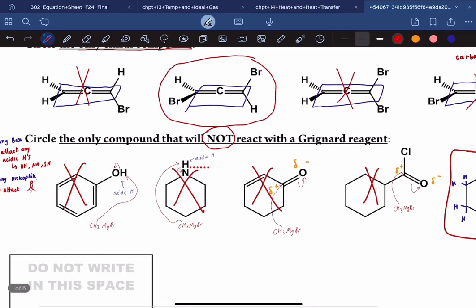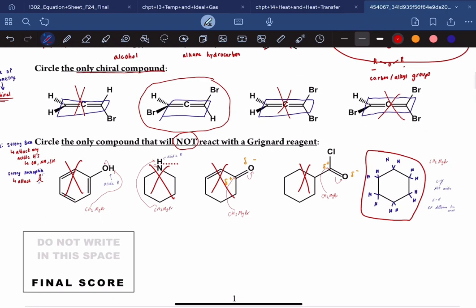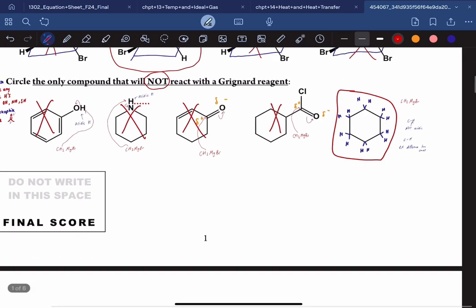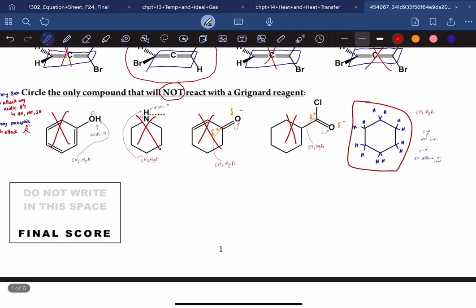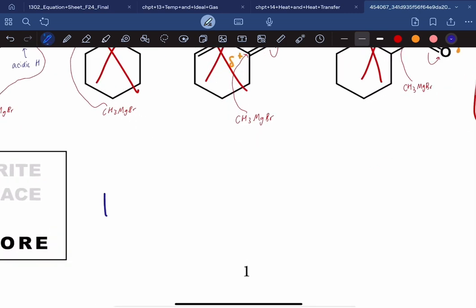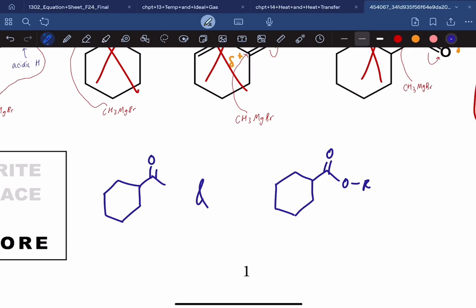But another way I can see him asking this question is, circle the compound that will react with the Grignard twice. And so you've got to know what reacts with the Grignard twice. And I'm going to draw it out here. So there's two things that react with Grignards twice, okay? And you must know these, because if this pops up and you don't know it, you might be confused. So the two things are,